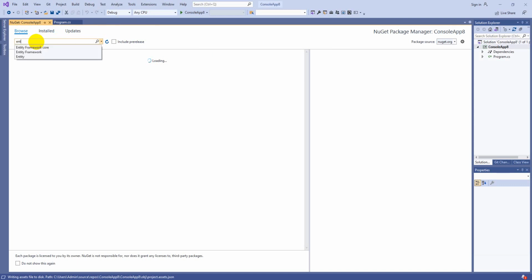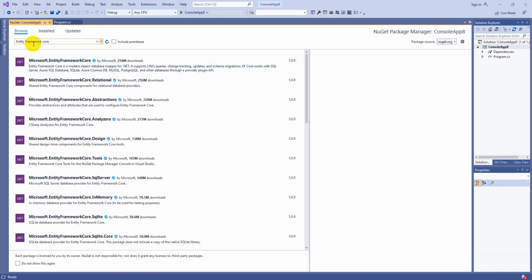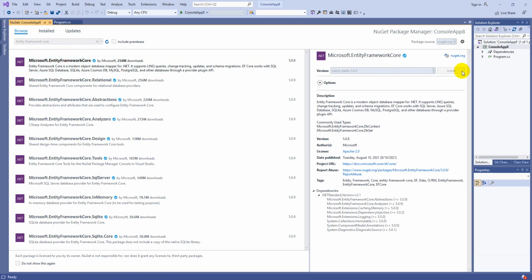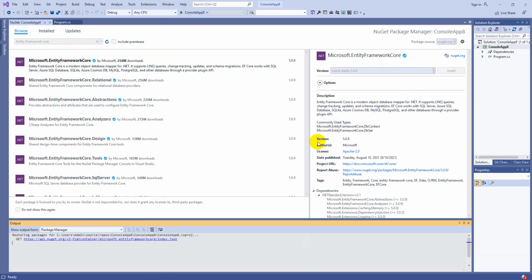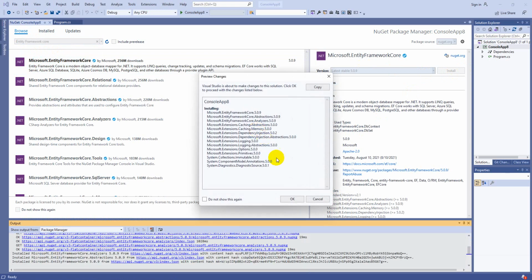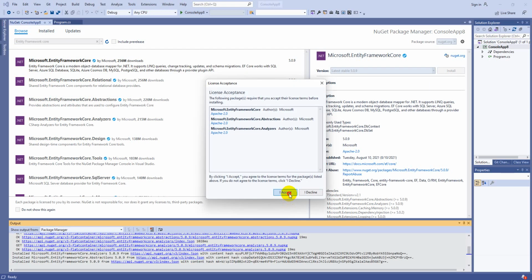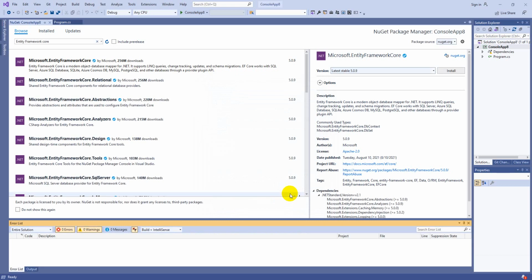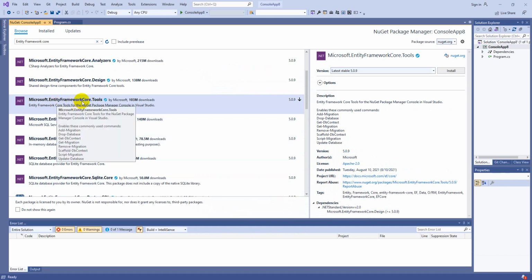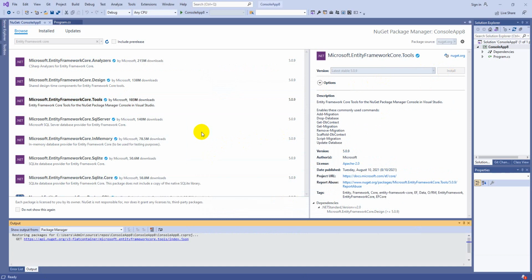So now let's install NuGet packages. Search for Entity Framework Core. Here you have to install the first one, Microsoft.EntityFrameworkCore. Click on OK, accept the license. After that, install Entity Framework Core Tools, which is also required to build the database.